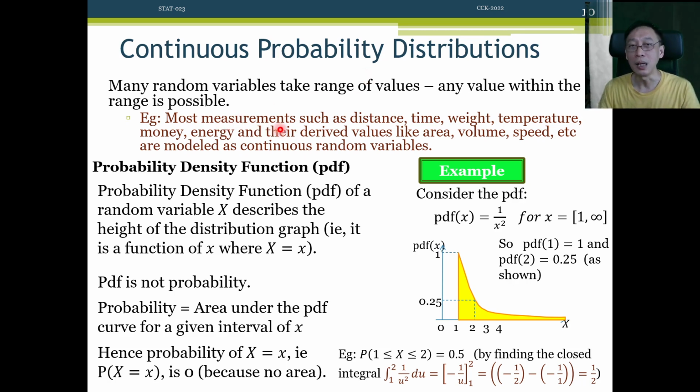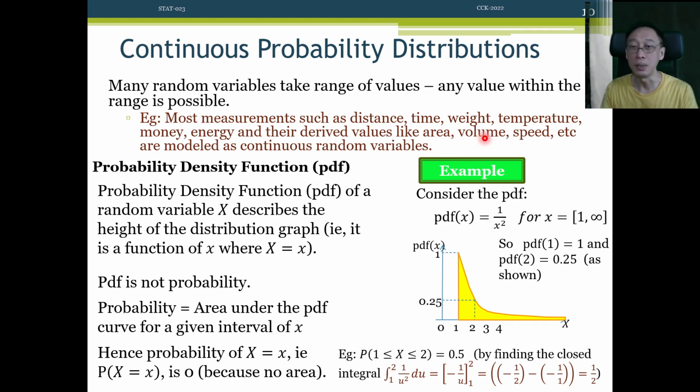All these measurements involve a mathematical modeling of reality, such as distance, time, weight, temperature, a lot of those physical, environmental measurements, but also including businesses like money, interest rates, compound interest, return on investments, anything that's got to do with money, energy, and all their derived values like your electricity utility charging rates, dollars or cents per kilowatt, and others like area,